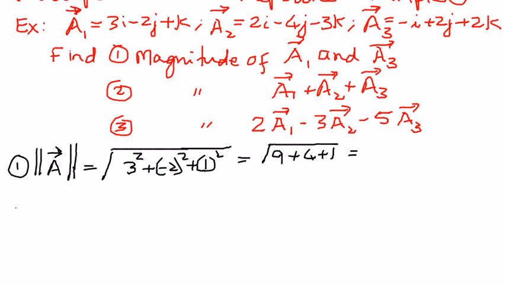This is 9 plus 4 plus 1. Therefore, this is going to be 9 plus 1 is 10, 10 plus 4 is going to be equal to 14. The square root of 14 is that